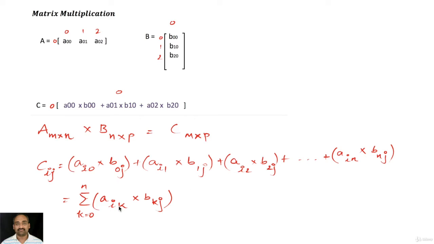And you can easily write a simple expression something like this. The Cij can be calculated as the summation of Aik times Bkj. So this is how it works. Now you can consider this as n minus 1, not n. Now see if you can solve this problem and find out the solution now.